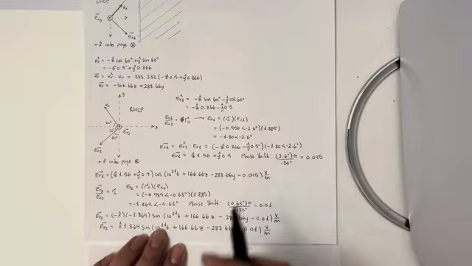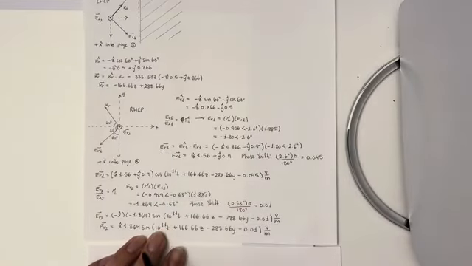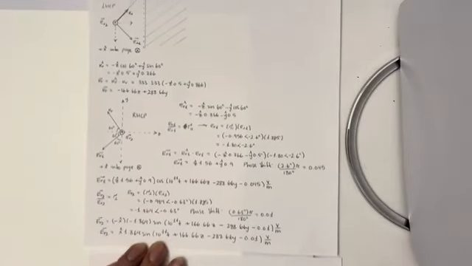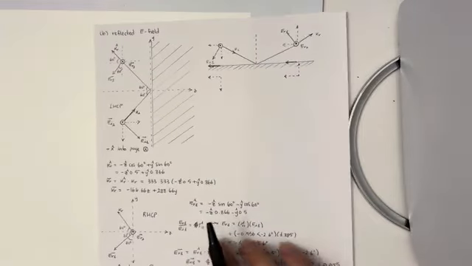And then again, I didn't write this down, but the reflected E field is just the reflected E field 1 plus the reflected E field 2. And that's how to solve for the reflected E field. And so lastly,